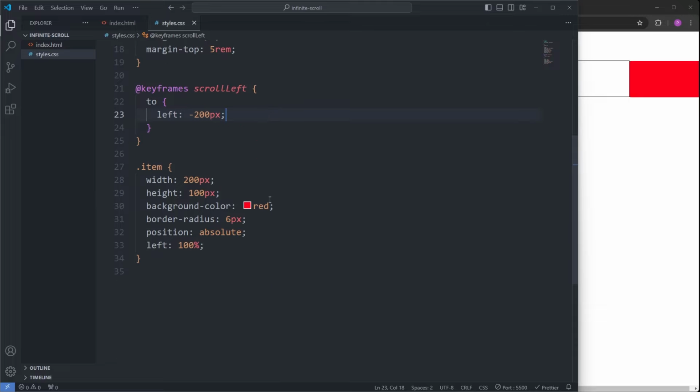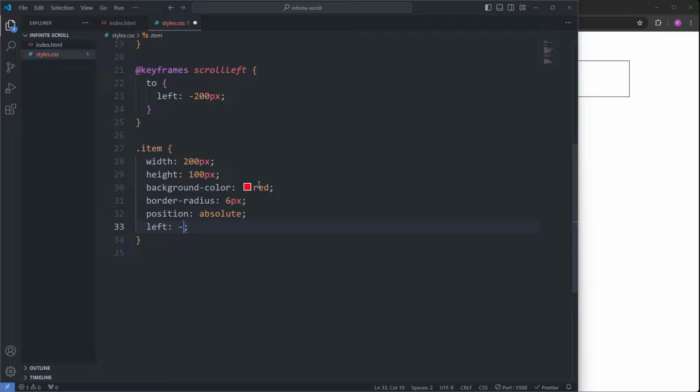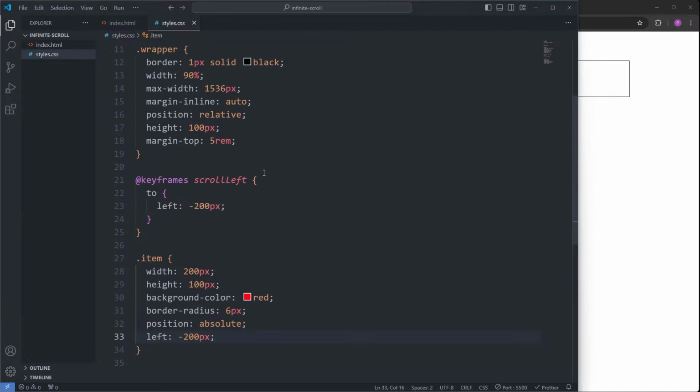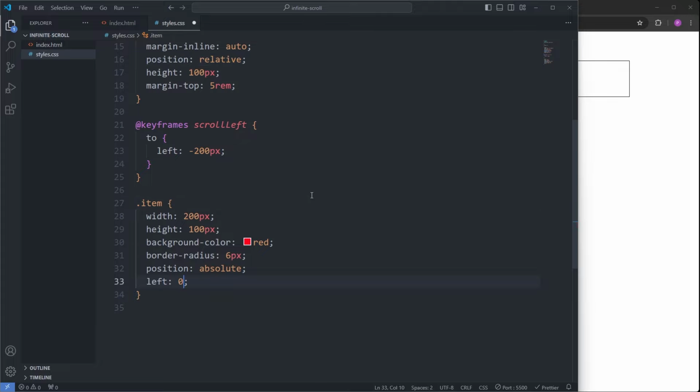On my item rule set, we see a left of 100% positions our divs to the right of our wrapper. However, if I replace it with 0 and save, we see our divs are now positioned at the beginning of the wrapper. Now when I set it to -200 pixels, we see it positions our divs outside of the wrapper to its left. This is also why it was important to define a position of relative on the wrapper, otherwise these values wouldn't be relative to the wrapper. I'll undo my changes, and now that we have our keyframe on my item rule set, we need to define